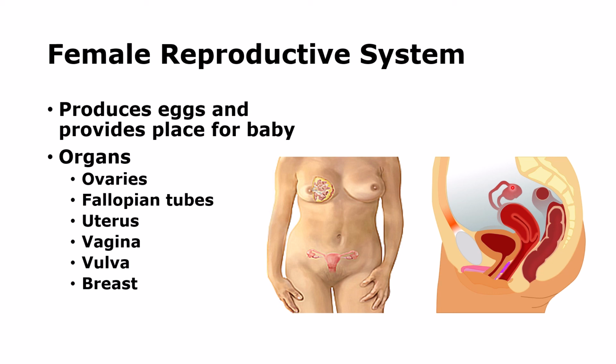Then the ovum goes to the fallopian tube. This is the fallopian tube. This one, this is not, this is a ligament, okay? This is the fallopian tube, this thing. And then it goes to the uterus, and if there is any